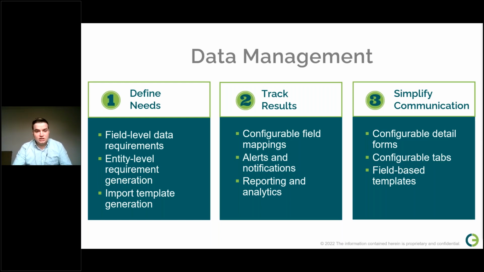To define our data needs, we start by determining what is required for each of our packages on a given project. We then make these requirements easily accessible to the users directly through O3 and let them use these requirements to import data. To make sure these needs are met, we've made it even easier to track results, giving teams a way to set and forget mappings for each data deliverable with alerts, notifications, and reporting to make sure that these data needs are satisfied.